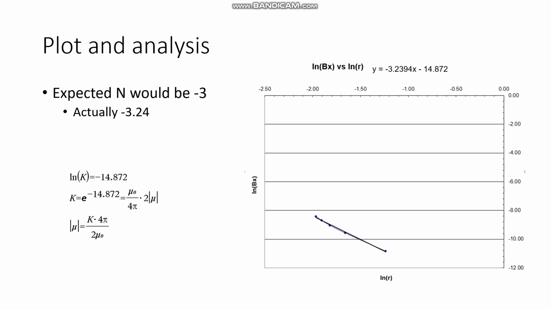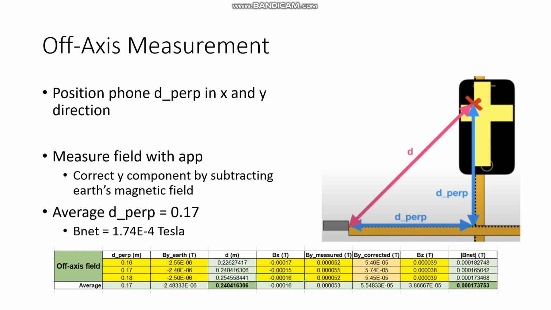magnetic dipole moment. And how we're going to do that is reconvert the k, and that's going to be equal, from the Biot-Savart law, to mu naught over 4 pi multiplied by 2 mu. And so we're going to solve that and rearrange it to solve for mu, and then we're going to be using that value a little later on in the GlowScript simulation to calculate that. So now we're going to move on to the off-axis measurement,